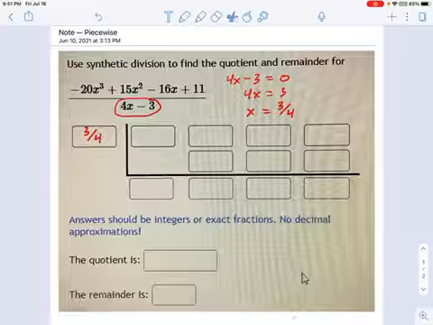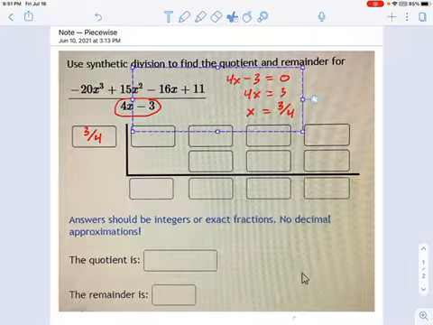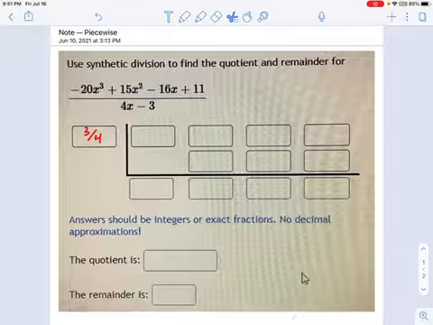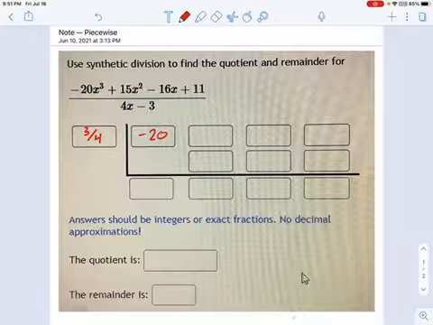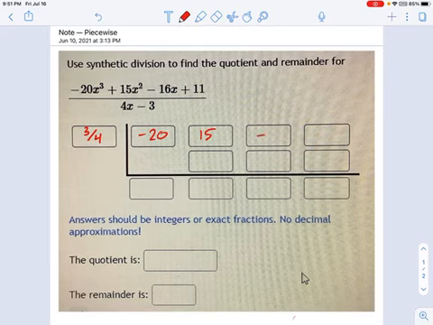All the math is still going to work the same. It's just that now we have a fraction. So it's a little more complicated in that sense. But since everyone's good with fractions, it should not be a concern. I'm going to take the coefficients of my polynomial from the top of the fraction and bring those down. This part works just like before. Negative 16 and 11.